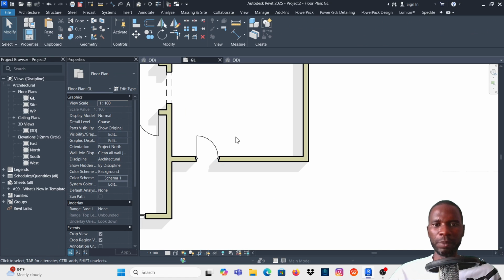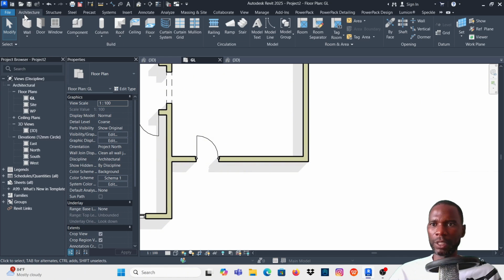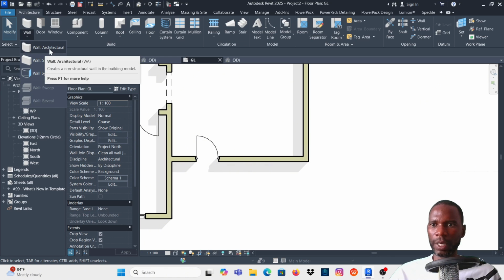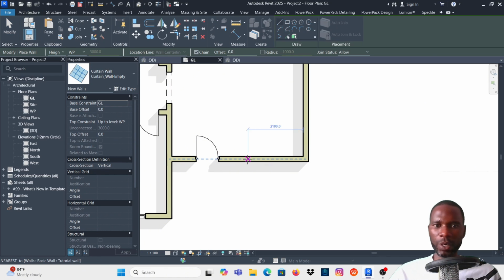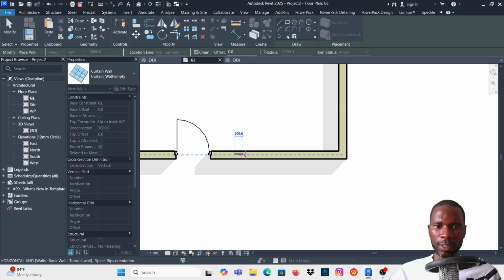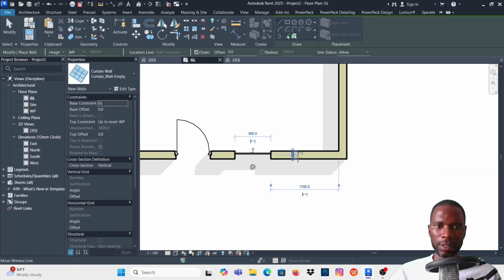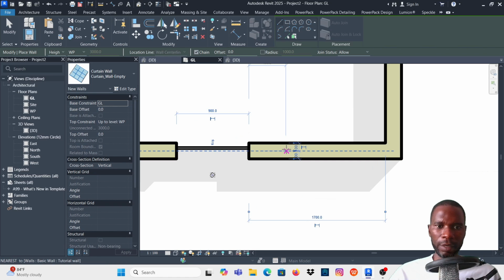Now, I'll not worry so much about the dimensions. I just want to create quick windows there. You can design your windows in whichever way. So I'll just click the first point. Maybe I want this to be 600, or maybe 900 there, then another one here from this point,